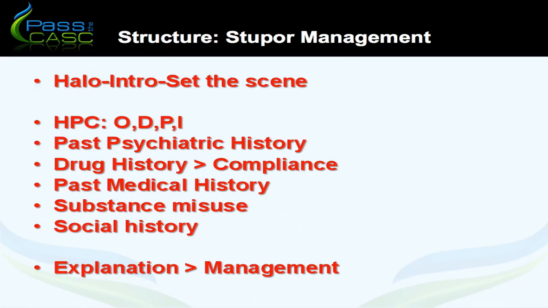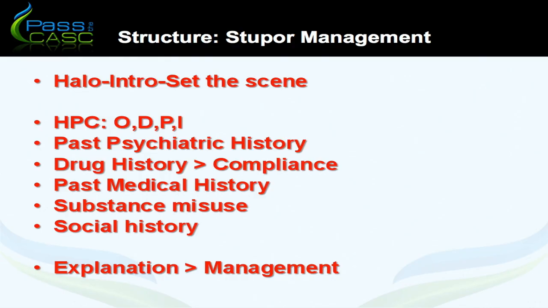Then we go into the medication history. So has she been on any antidepressant medications before, and what is she on at the moment? And has she been compliant with this particular medication? Ask about anything relevant in the past medical history, obviously any history of substance misuse, and then anything else relevant in the social history. So having a structure, as we've got there, will give us the best chance of getting the main triggers for her current episode.